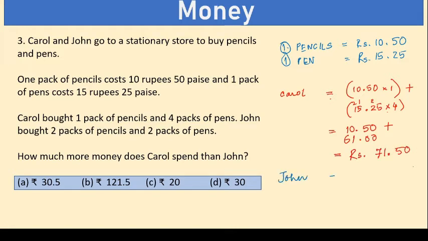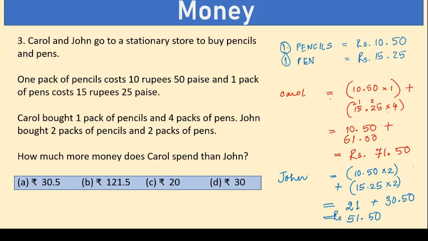Let's see how much John has spent. Well, John has bought 2 packs of pencils. So 2 times the cost of the pencil pack, which is 10.50, plus 2 packs of pens. So 15 rupees 25 paise times 2. Now let's do the sum of these two. So 10.50 times 2 is 21 rupees. And then for the pen part, well, 15.25 times 2 is 30 rupees 50 paise, which is equal to 51